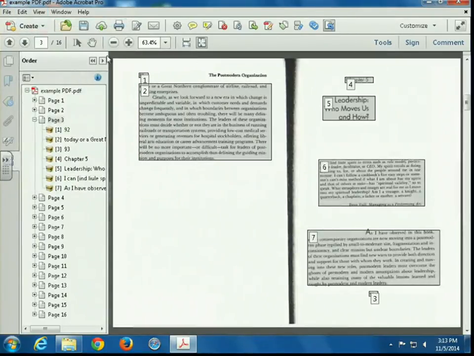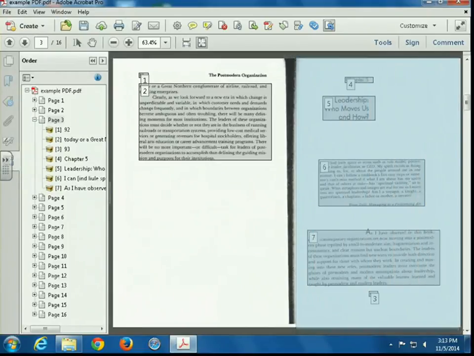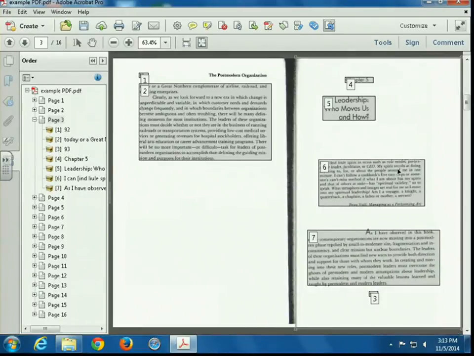Oops. Wrong side. It's going to take all of those up there. No, it gives you the option. I'll show you in just a second. So once we select the side that we want to keep,